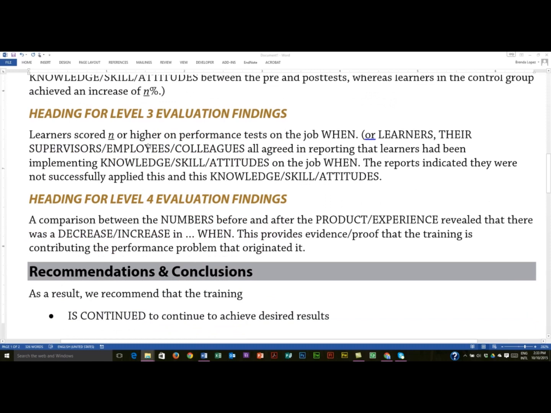Level 3, the same deal, depending on whether you actually did a performance test or you collected data via surveys. You will describe how was the performance on the job, and when you collected that level 3 data. If you did reports, then whether you collected data from both the learner and also their employers, or the supervisors, employees, or coworkers, whatever, and then whether the reports indicated that they actually applied the skills or not, or they didn't agree. The learner said, "Oh yes, I agreed on everything. I applied everything," and then the supervisor said, "Not so much." Whatever it is, you describe it here again